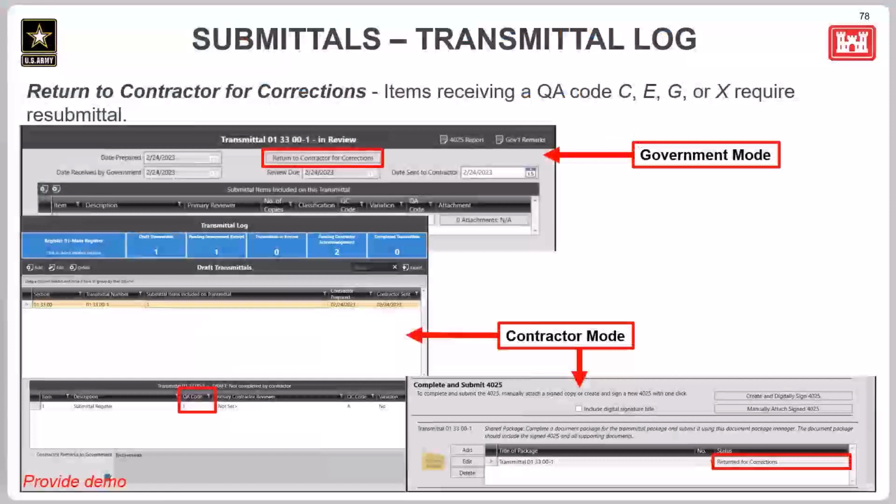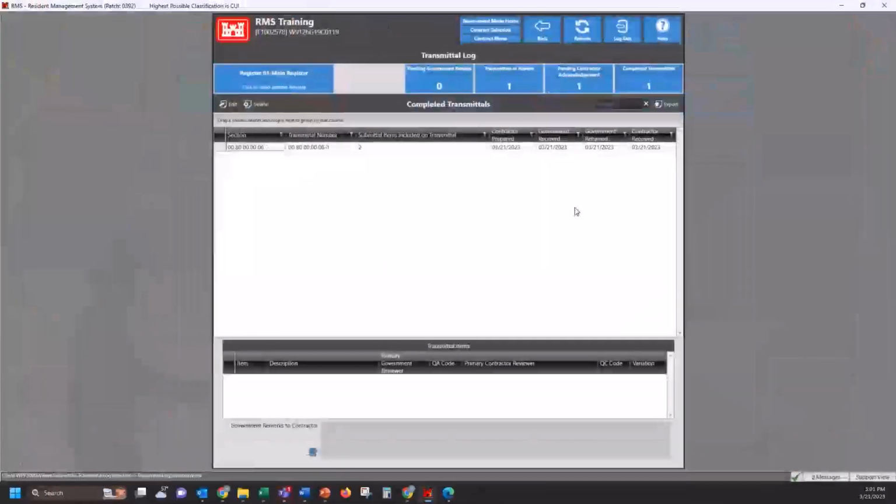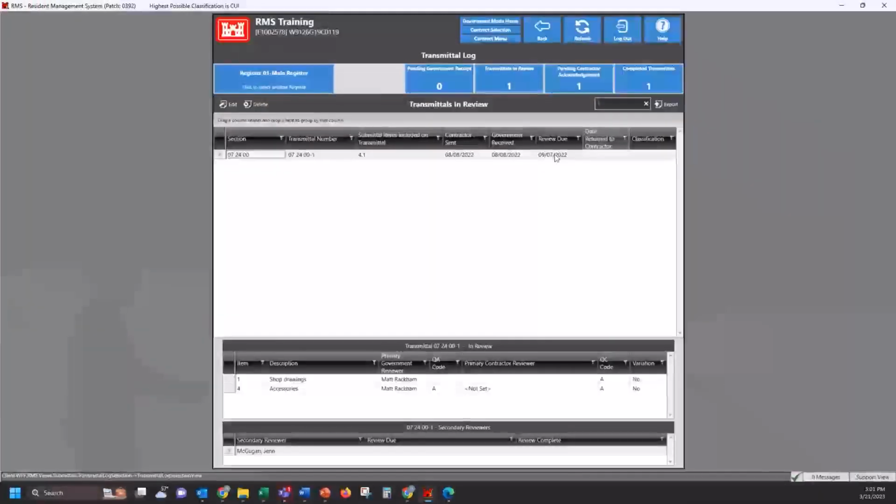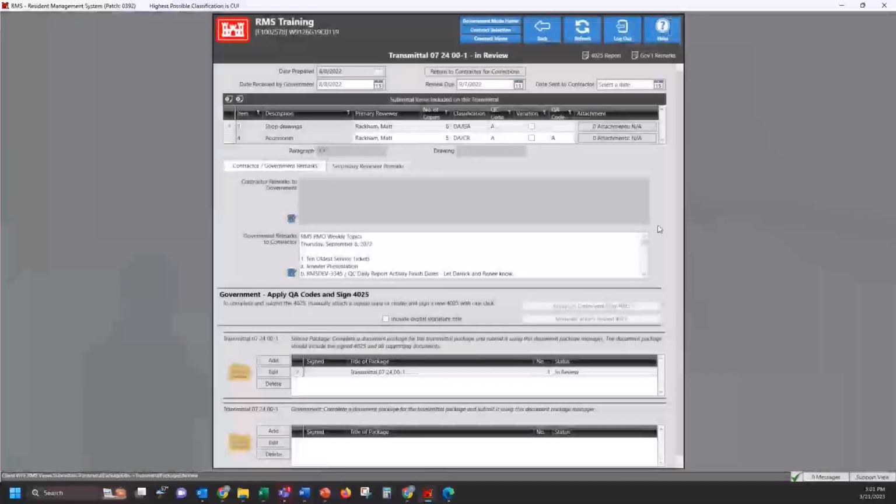Also, let's look at the return to contractor for corrections. So we have another transmittal review. It's very old, but we were spending a lot of time on it to figure out why we can return it to the contractor for corrections. So if we click on this button,